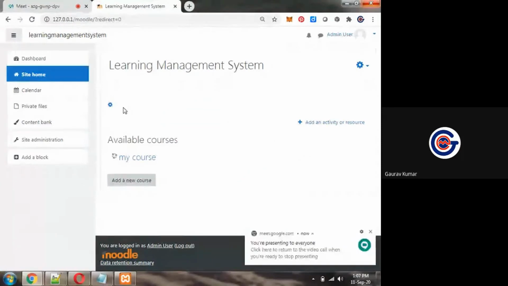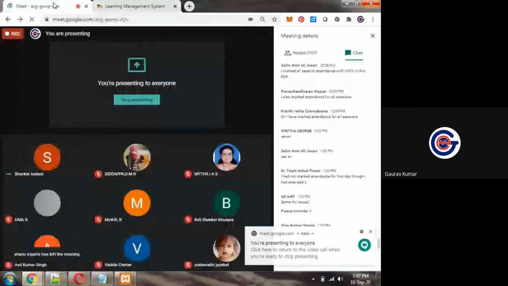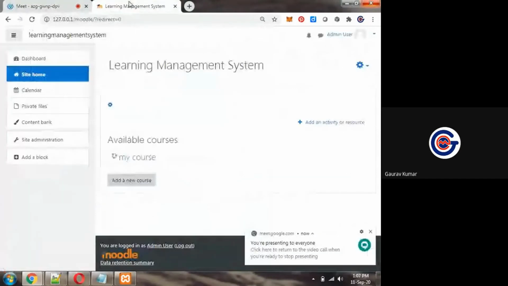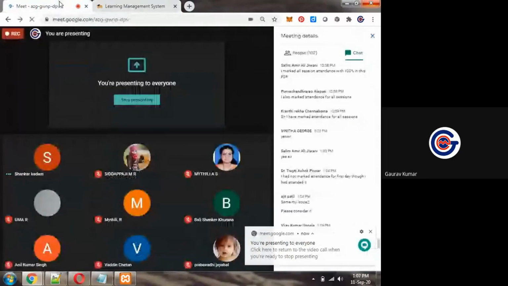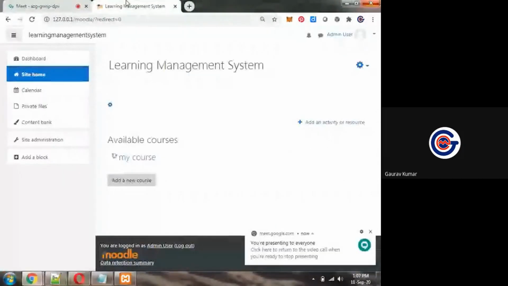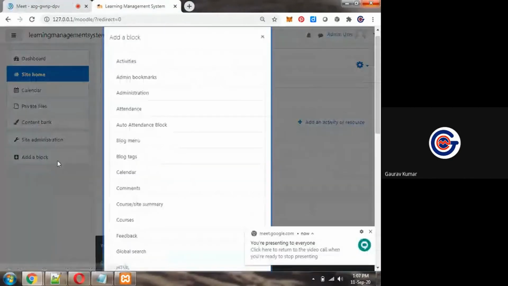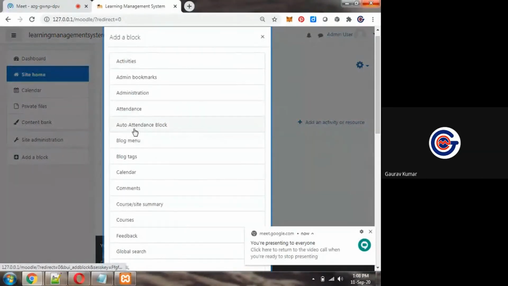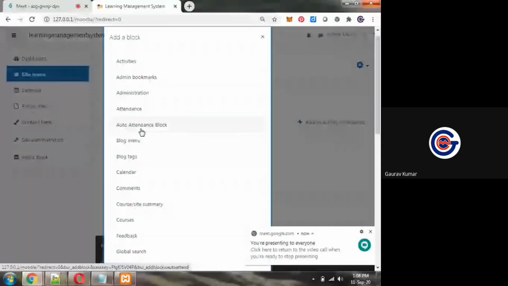Now you can see that we have installed an additional block. So you can see this option is available. Add a block. Now in add a block, you can see this option, auto attendance block. This is the block that we have just installed.